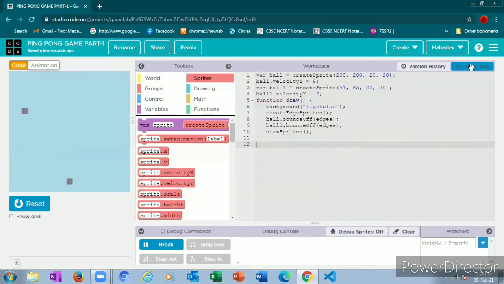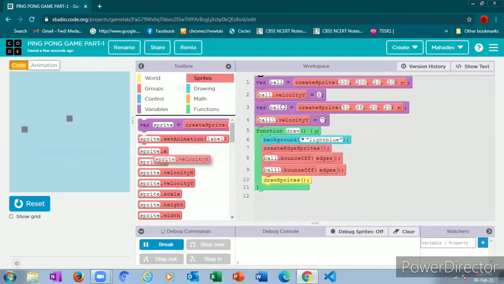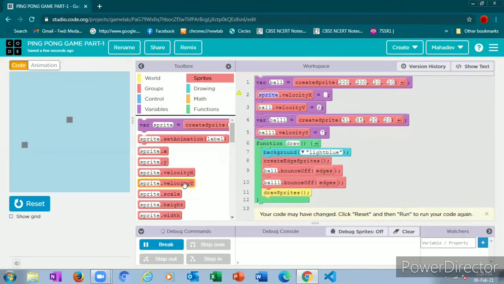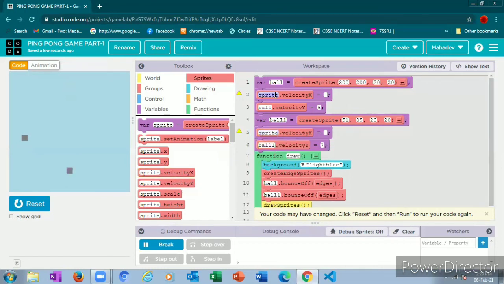So now I'll set the velocity x also, because balls must move over the whole canvas, right? Velocity x also, for the ball.